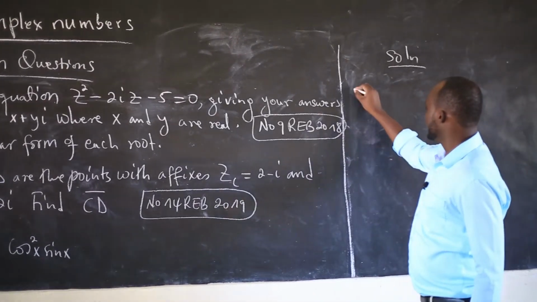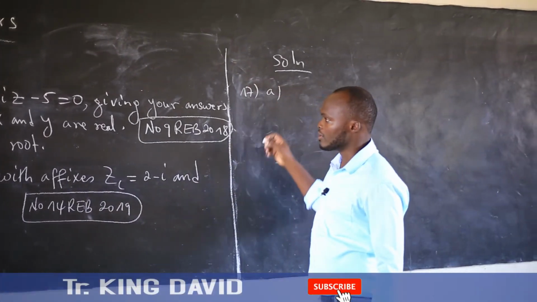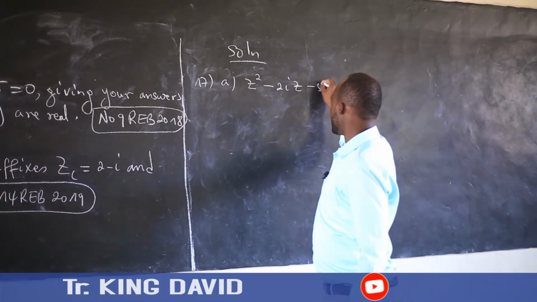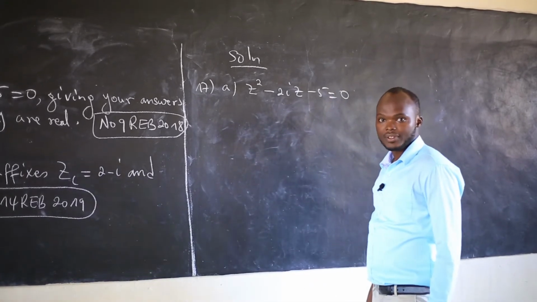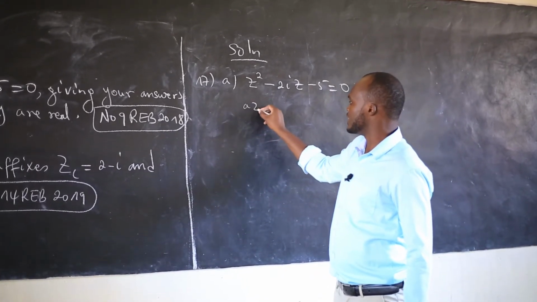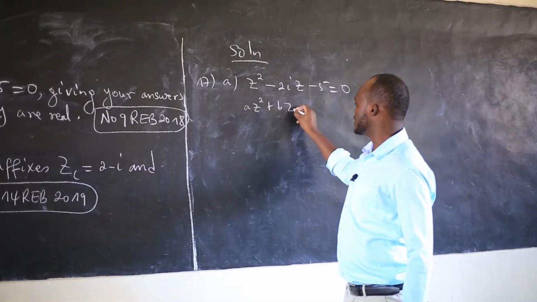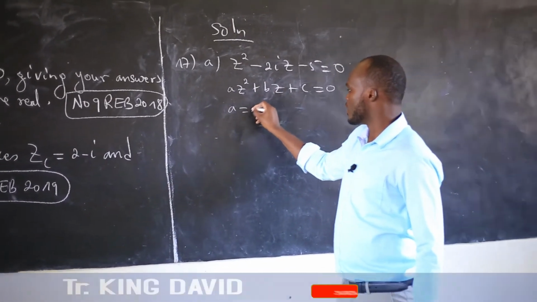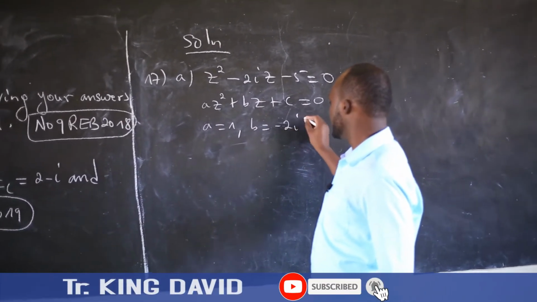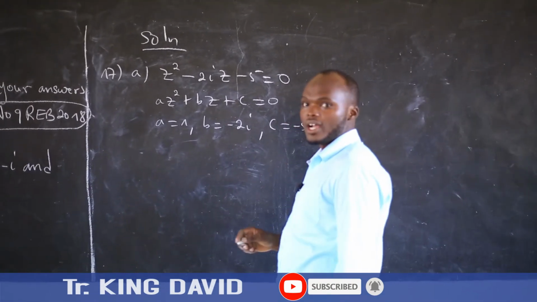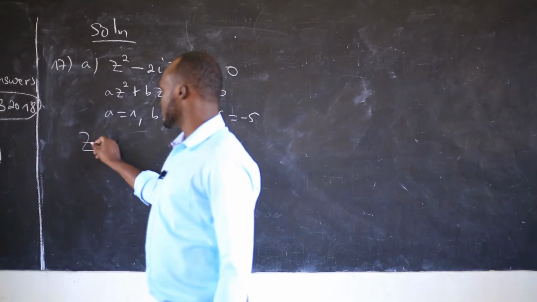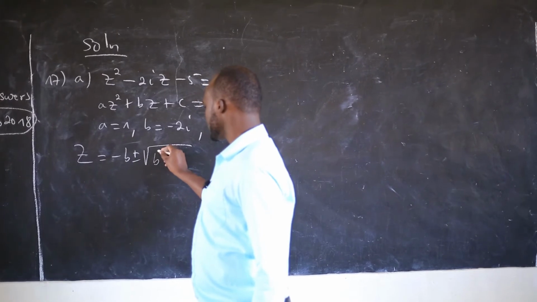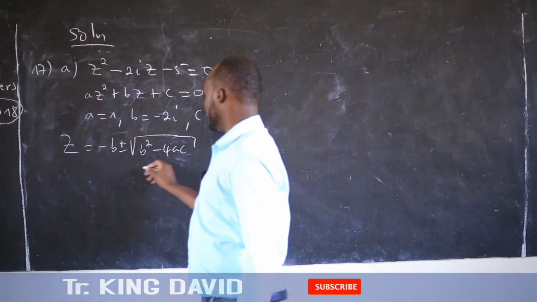So let's go to number 17a. We have to solve z squared minus 2iz minus 5 equal to 0. This is a quadratic equation. When you have a quadratic equation in the form a z squared plus bz plus c equal to 0, you compare and see that our a is 1, our b equal to negative 2i, our c equal to negative 5. So we can use the quadratic formula, where z equals negative b plus or minus the square root of b squared minus 4ac